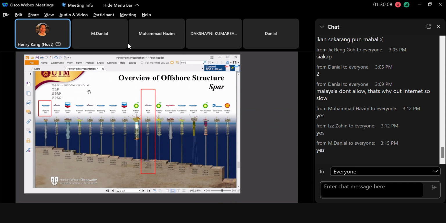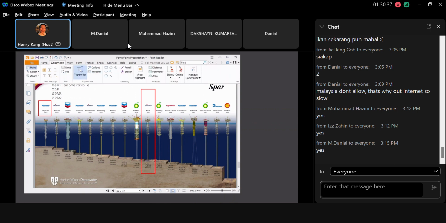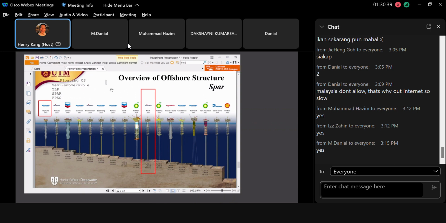Okay. These four types are the so-called floating structures, or floating offshore structures, because they are floating, connected to a mooring system to make sure of station keeping. But they also have fixed structures as well. Malaysia has a lot of fixed structure platforms, such as